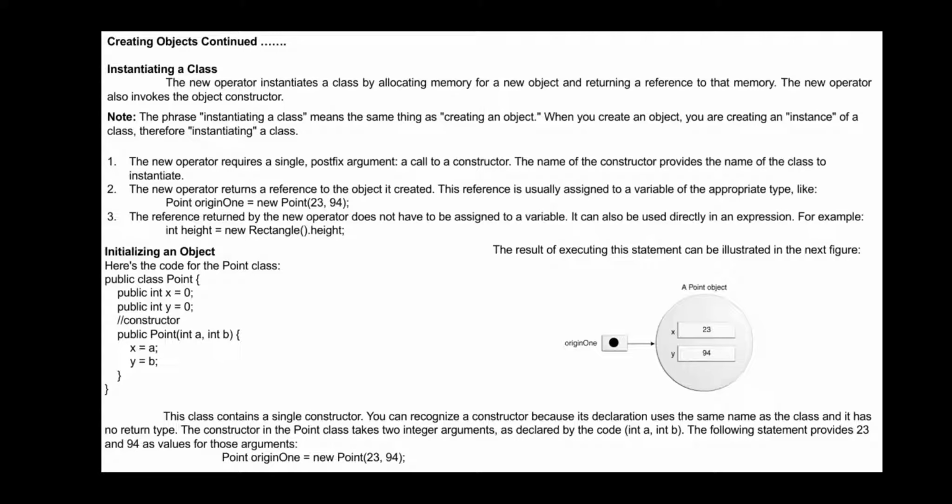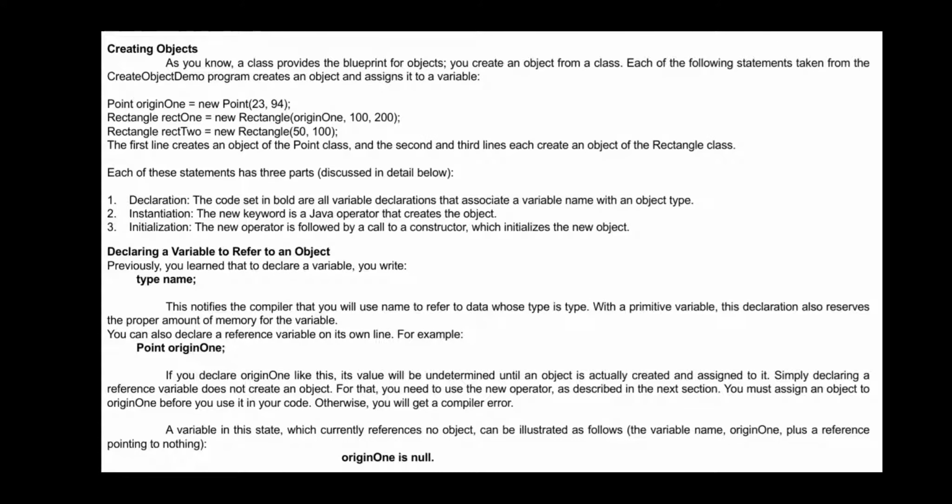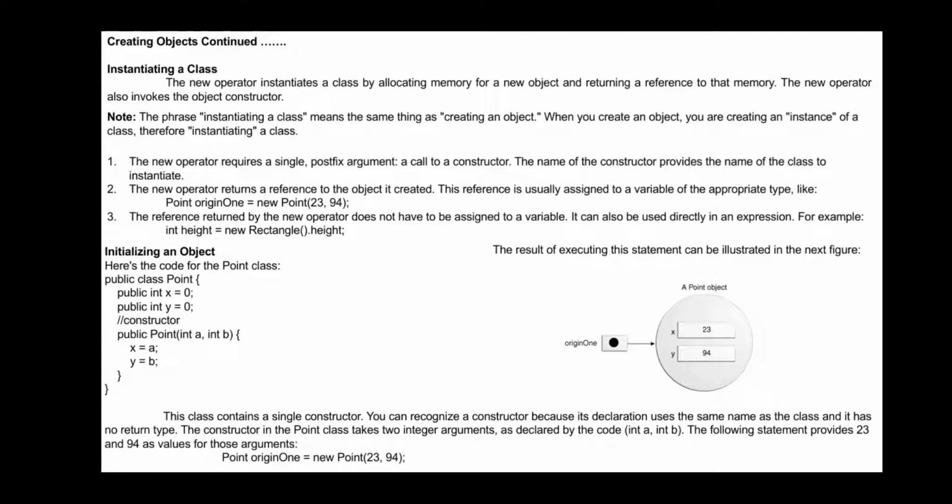So how are you going to do that? The new operator requires a single postfix argument, a call to a constructor, where the name of the constructor provides the name of the class to instantiate. You have seen a simple example in the previous statement. Rectangle rect1 equals new Rectangle means it is going to call a class constructor.